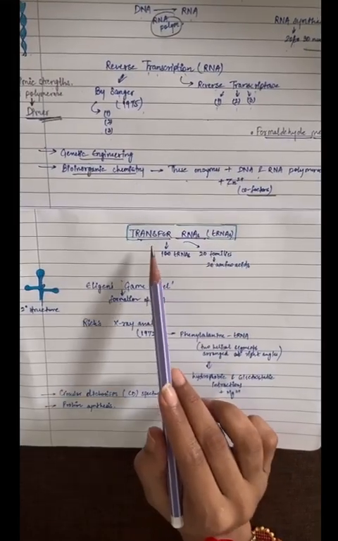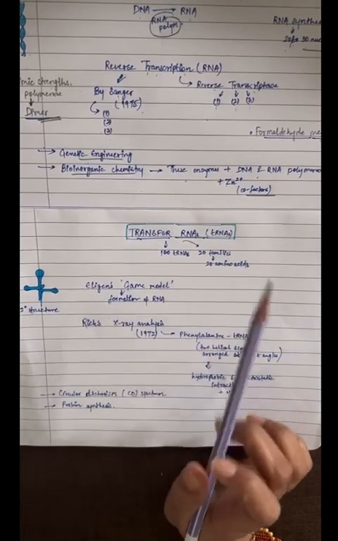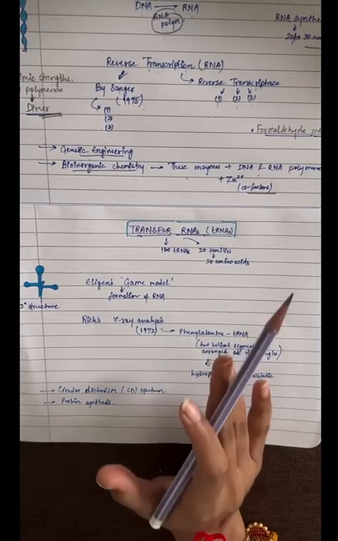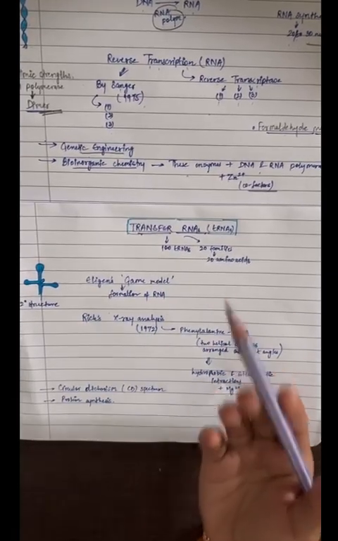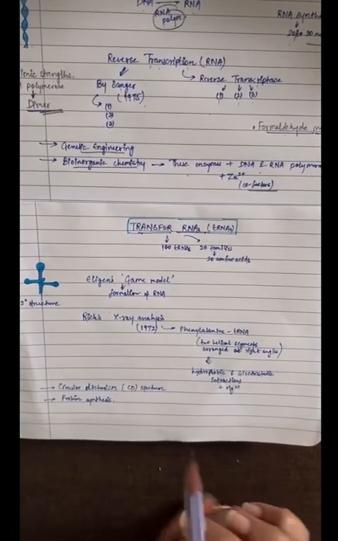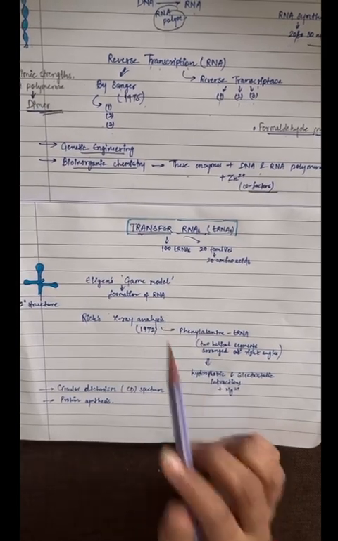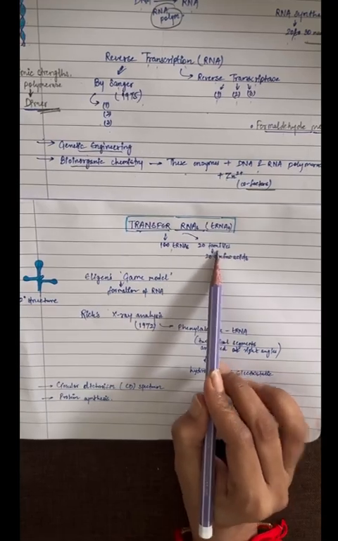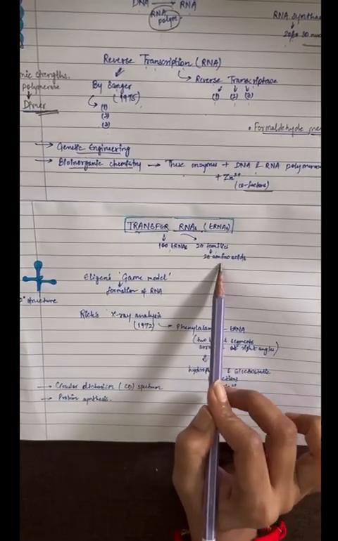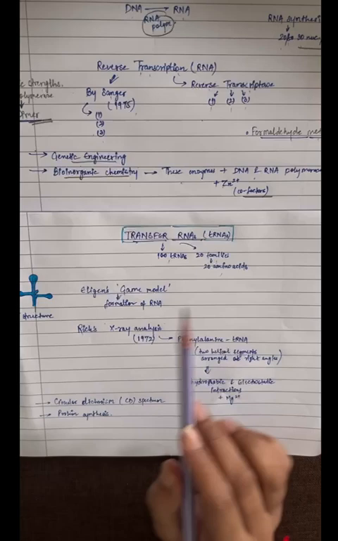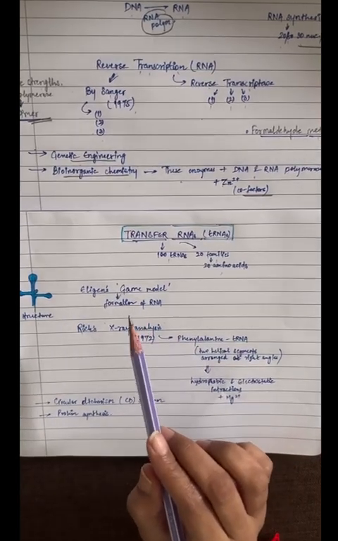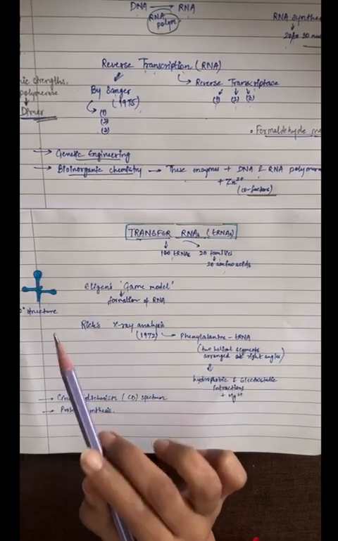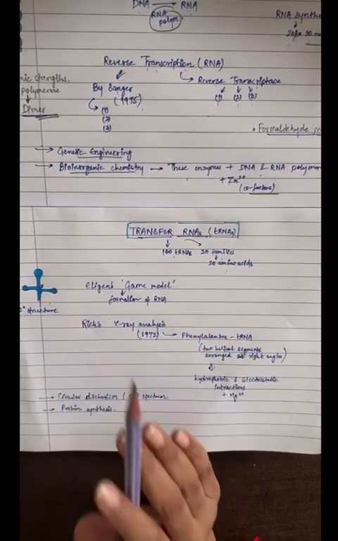Now my other topic is transfer RNAs, that is tRNAs, which comprise about 10% of total RNA in cells and were key to early studies on nucleic acid structure. Currently, around 100 tRNA primary structures are known, with 20 families corresponding to the 20 amino acids. Their secondary structure typically follows a cloverleaf model, allowing for effective mRNA codon recognition and amino acid incorporation.